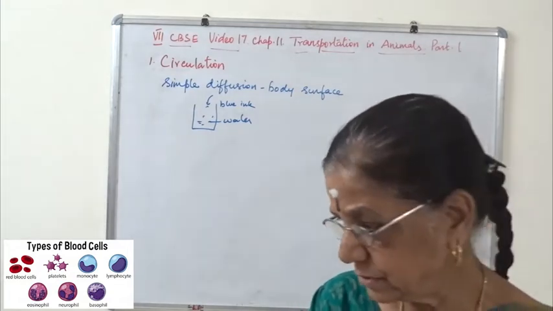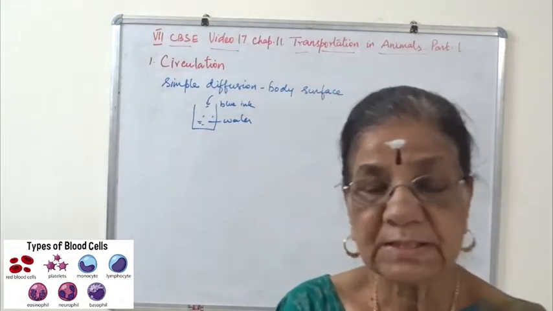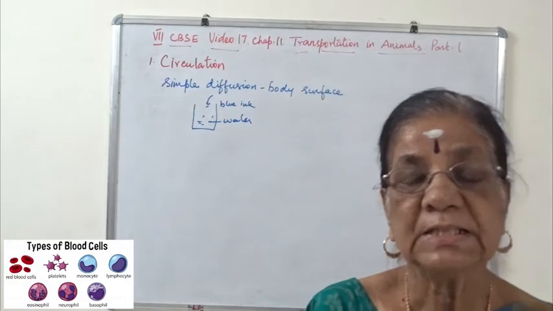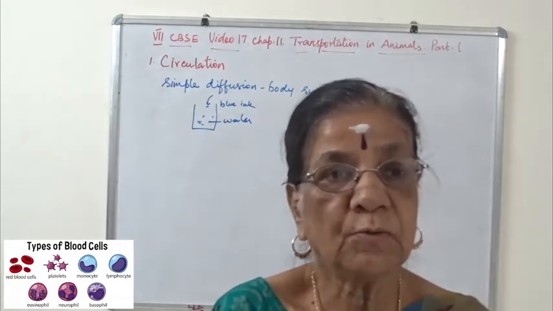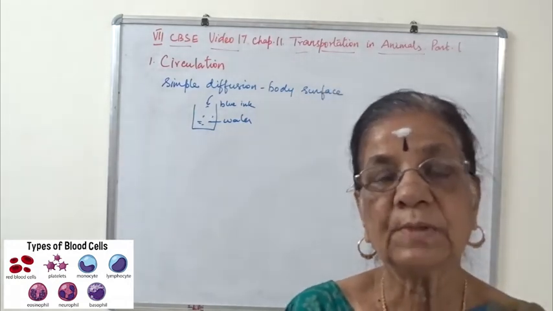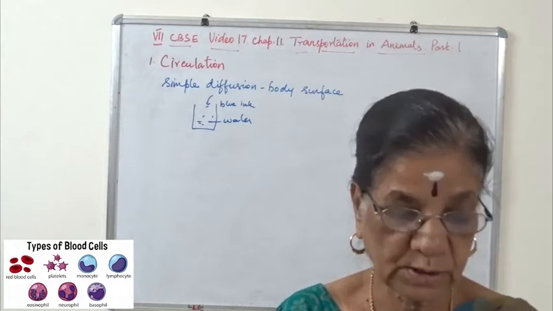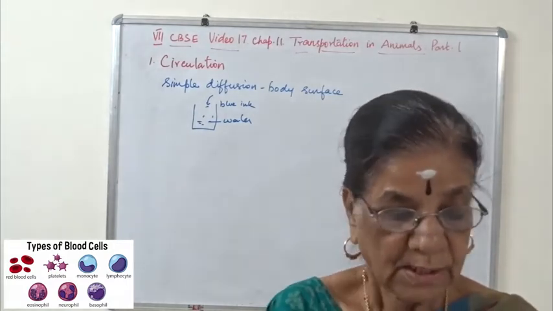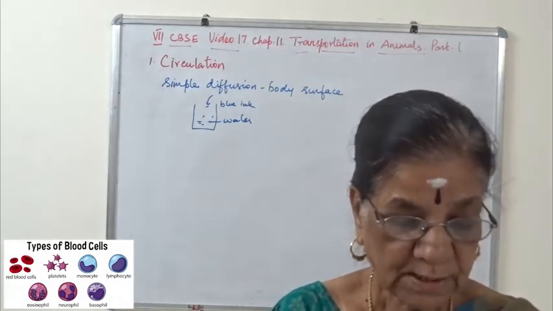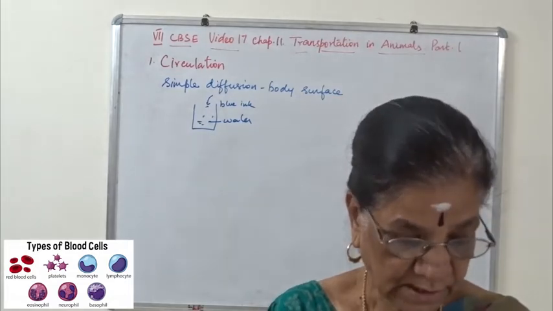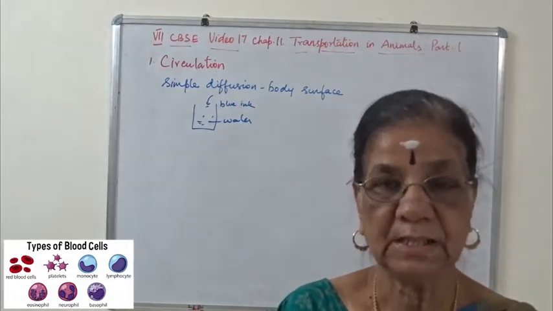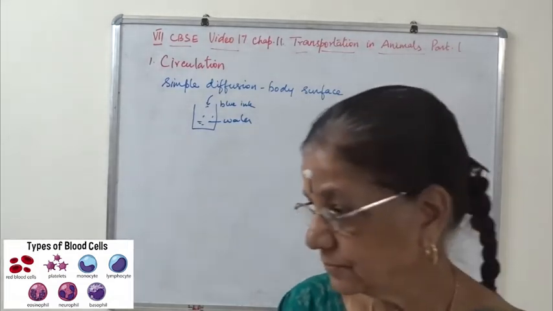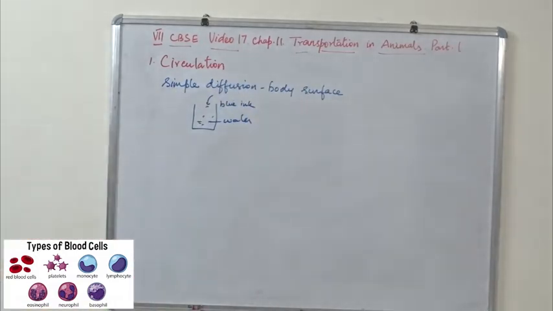Please understand the definition of simple diffusion: movement of molecules from a region of higher concentration to lower concentration. Then transport of gases and nutrients will occur within the cell. I hope you understand. So this is for transportation in lower organisms. Are you clear? Then next,